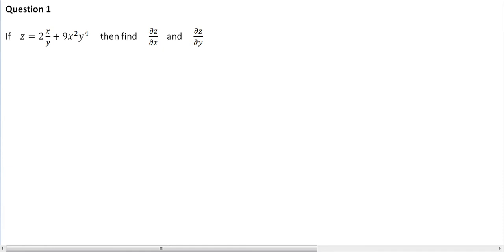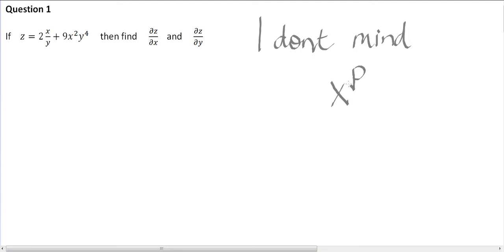Okay, so before I even begin to think about differentiating that z, I don't like when there is a letter or a variable on the bottom of a fraction because I can't handle it straight away. What I mean is, I don't mind x up to the p, when I've x up to some power p, because if I need to differentiate it, all I do is take the power down and subtract 1 from the power. But when I have